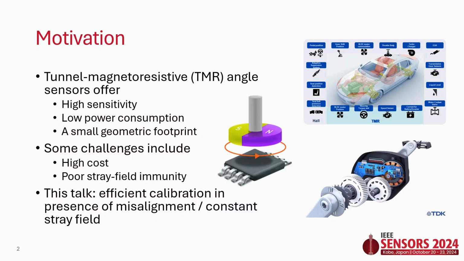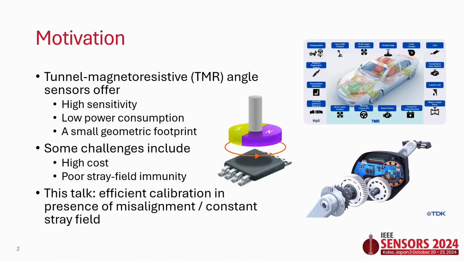However, there are some drawbacks. For example, compared to Hall-based solutions, they are quite expensive and they also show poor stray field immunity. And in this talk, I would like to concentrate on developing an efficient calibration routine in the presence of misalignment or a constant stray field, because whether we are talking about the practical application or research, misalignment and stray fields always cause artifacts in the sensor's response, and we would like to exclude them in order to better understand TMR